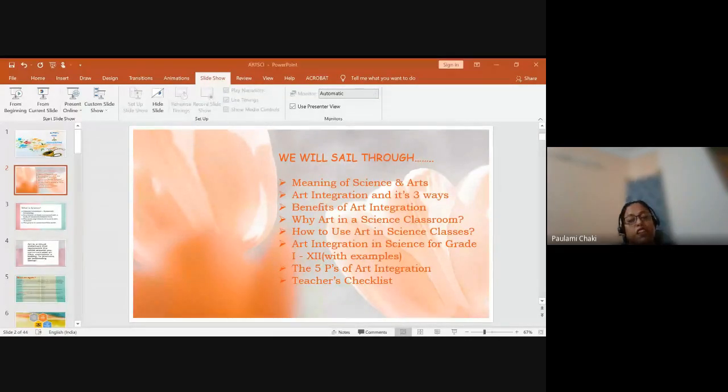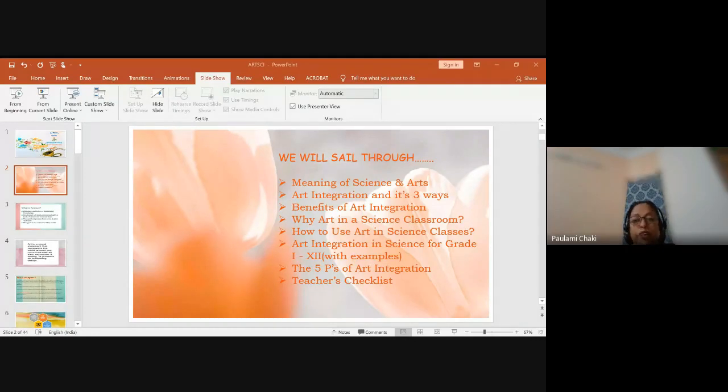Now I will come to the benefits of art integration. There are multiple benefits of art integration. I have taken a few main ones. Art integration always leads to students' participation. They are actively participating in the classes, and as a result, what happens? There will be long-term knowledge retention. Whatever topic we are teaching, it will be retained long-term by the pupils. It is holistic and experiential learning always. Then it also helps to inculcate 21st century learning skills, which are very important, which I discussed in my last webinar also.